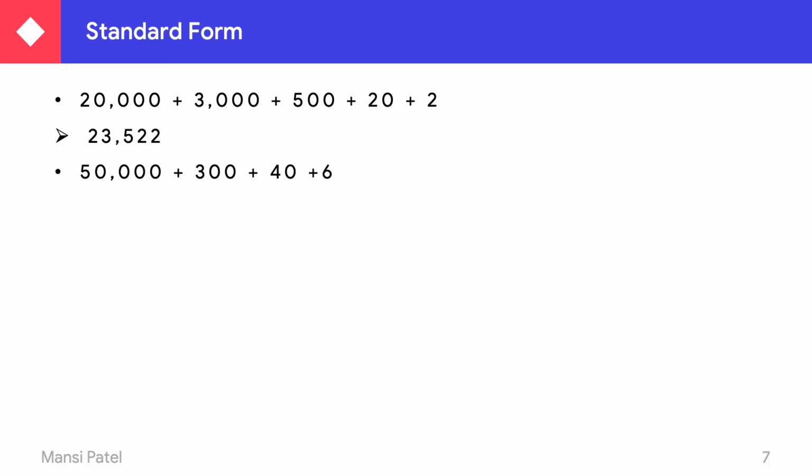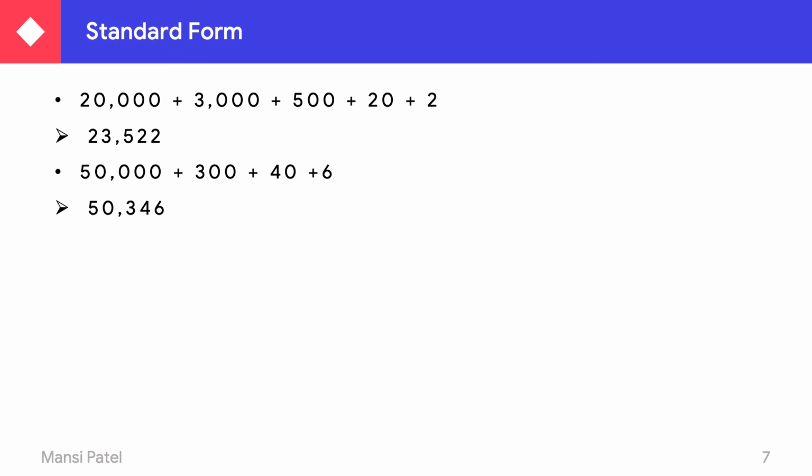23,522. Your next number is 50,000 plus 300 plus 40 plus 6. Now you see here 5 indicates the 10,000, but they were not given the thousand place. So what we have to do? We have to just put 0 on thousand place. In any of the expanded form, if they were not given any of the number for a particular place, for that particular place you have to put 0. So in this question we are putting 0 in the place of 1000. So